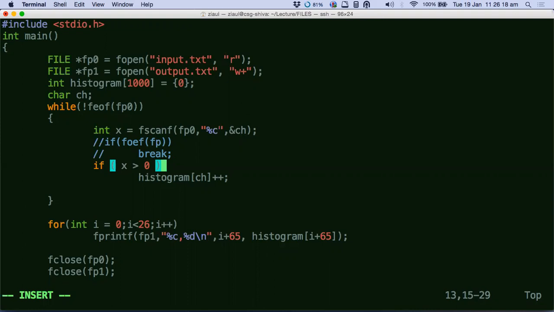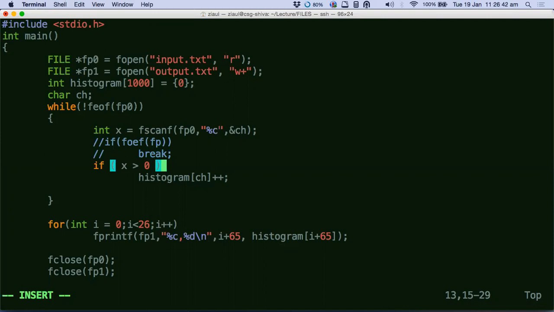There are two cases. One case is when the file has ended and EOF is reached. Even in that case, if will already break, right? The loop will be broken by if. And then there's a second scenario where fscanf returns -1, right? Even in that case, if will break. So what I'm saying is, sir, if will break in both the cases.